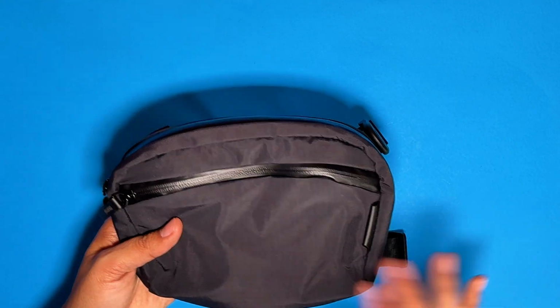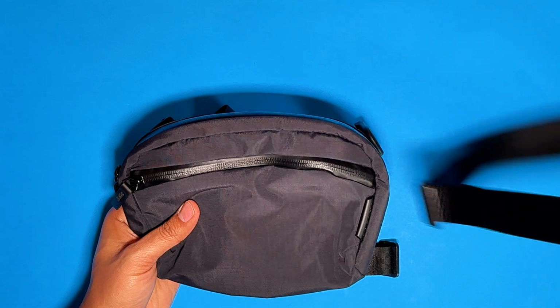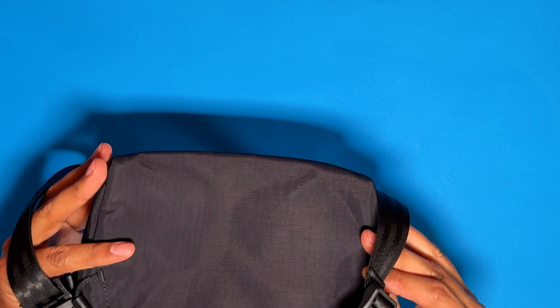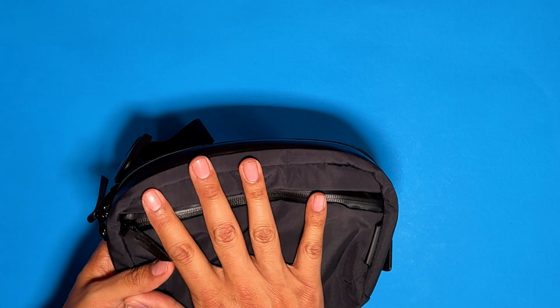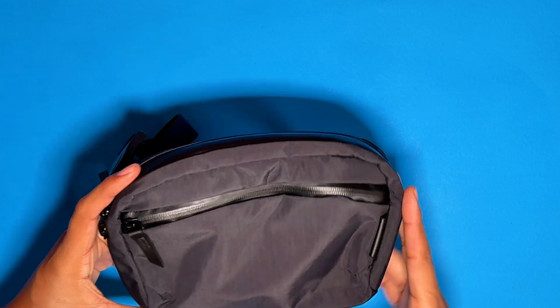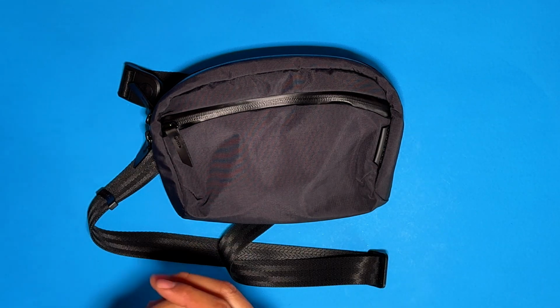Now it is a 210 denier, so anything you have that's kind of in that range, kind of like this TomTalk, it's going to feel really smooth, really easy to clean, doesn't collect pet hair and dust, and if it does, you can easily brush it off with your hand. I really do enjoy this material, and overall look of this bag when it's packed out, it looked really well on me. So overall, the quality is something you come to expect from ALPAKA, and definitely the design is, I